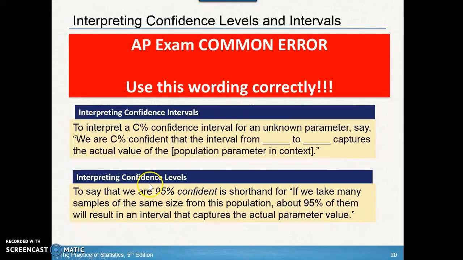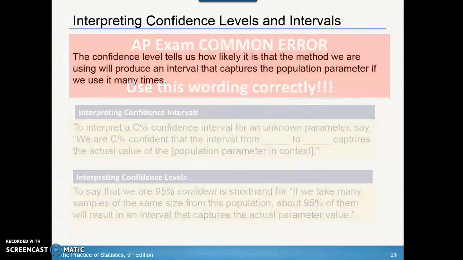Now, the other interpretation we'll look at is of the confidence level. To say that we're 95% confident, what that means is basically interpreting the process, okay, the process of how we created the confidence interval. If we take many, many samples of the same size from this population, 95% of them will result in an interval that captures the actual parameter value. So the process is, if we take many, many samples and create many confidence intervals, if we're talking about 95% confidence, 95% of the intervals will result in an interval that captures the true population mean,